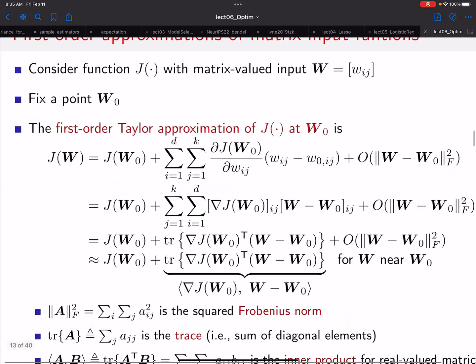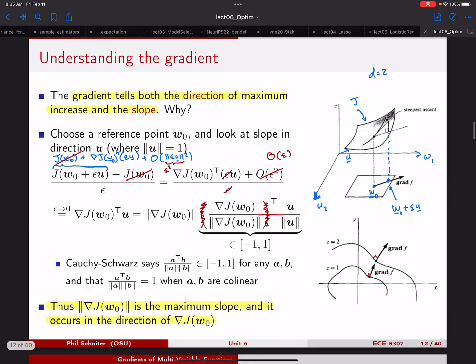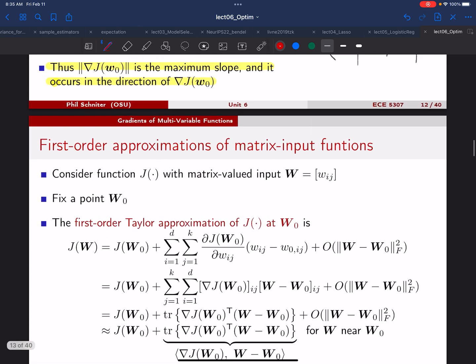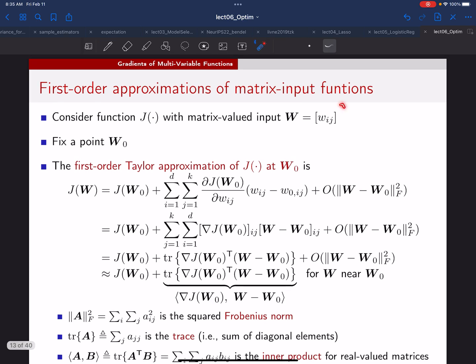So we have our approximations of scalars and vectors, and we got to use our vector approximation to interpret the gradient. The last thing to do along these lines is to consider the matrix case. We have a matrix full of parameters. We have a function that takes in that matrix and returns a scalar, and we want to approximate that function at a reference point. In this case, the reference point is itself going to be a matrix. So when we do our first order Taylor series expansion,